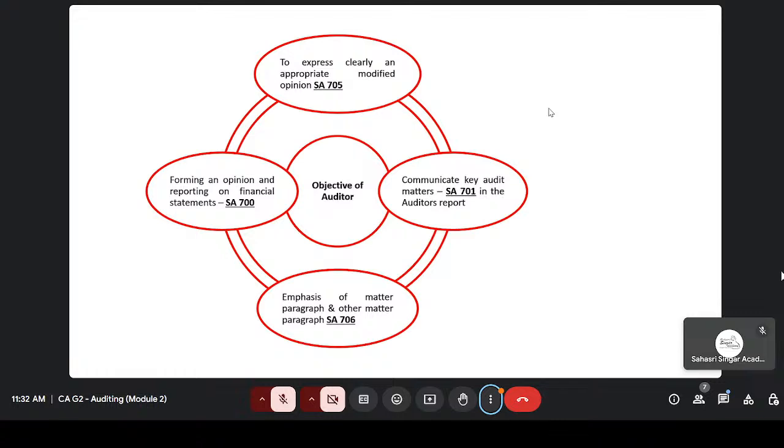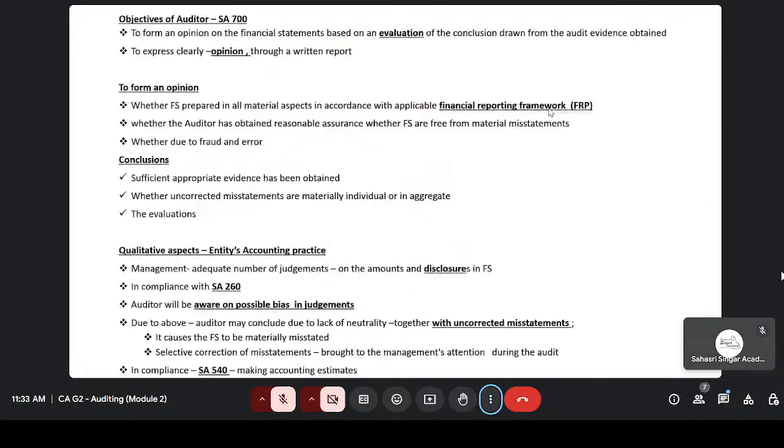But the audit report states that it is in accordance with the standards, SA 700, the Standards on Auditing. When you are preparing the financial statement in accordance with the accounting standards, you also have to prepare it on that basis, because accounting policy is different. That is what we say when we say AS, accounting standards. In that manner, you have to do the accounting for the financial statement. But when you do the audit, you have to examine in accordance with the Standards on Auditing by comparing all the SAs. You remember? Now,